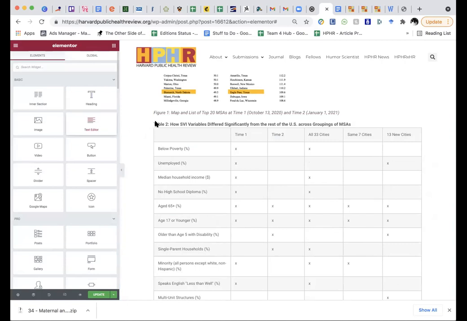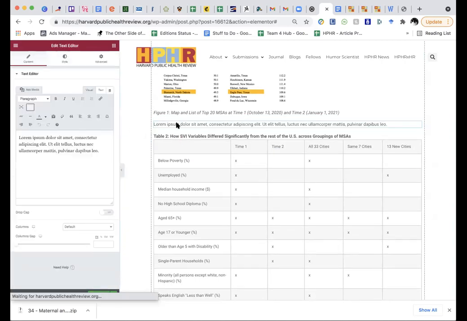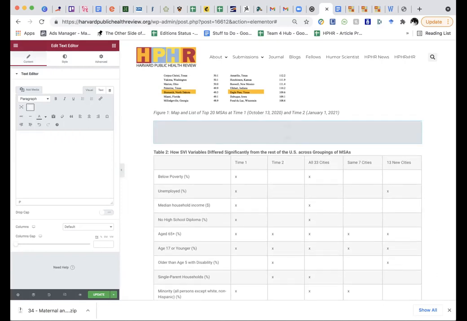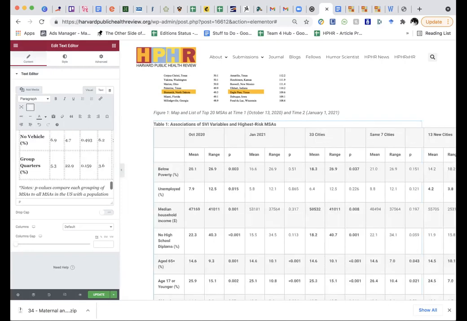I'm going to come in here and I'm going to add my text box. And that seems a little counterintuitive. There is a table and graph tool in Elementor, but this is a little bit easier to do. I'm just going to hit Command A, so it selects this weird text. I can get rid of it by deleting it or just paste over it. I'm going to paste in my table.